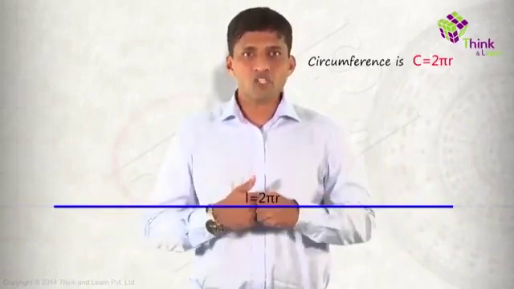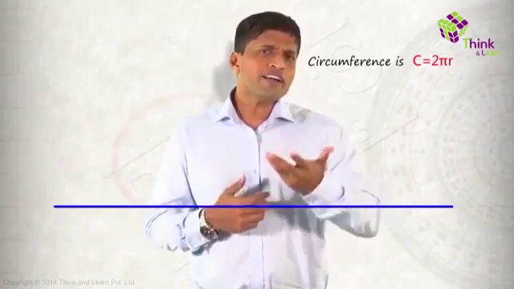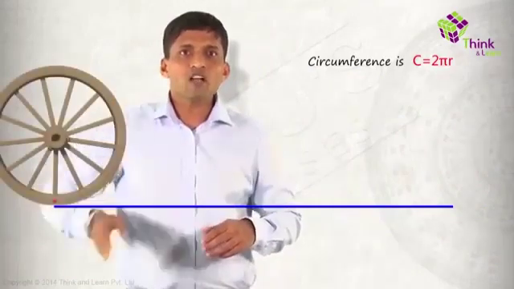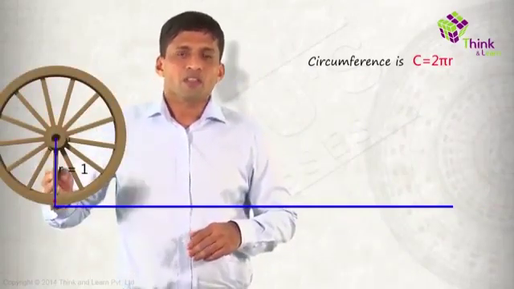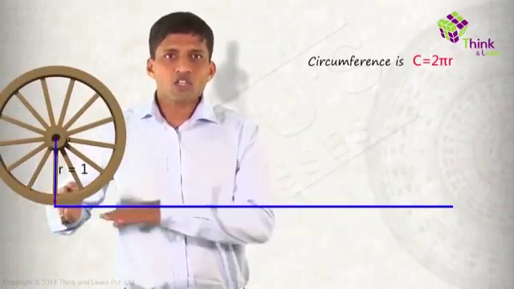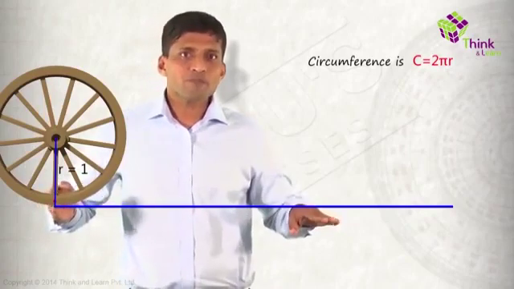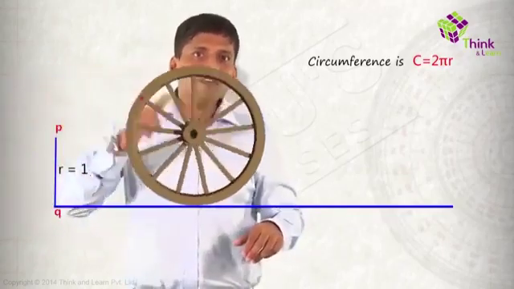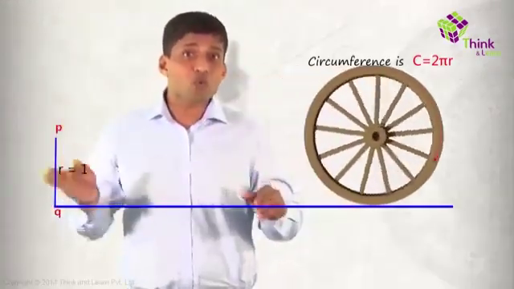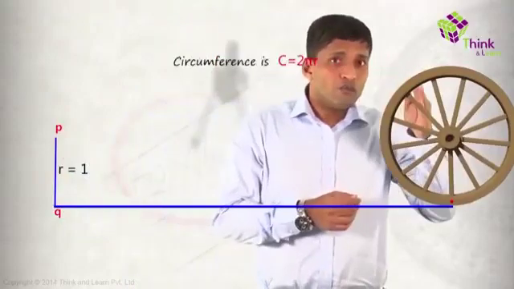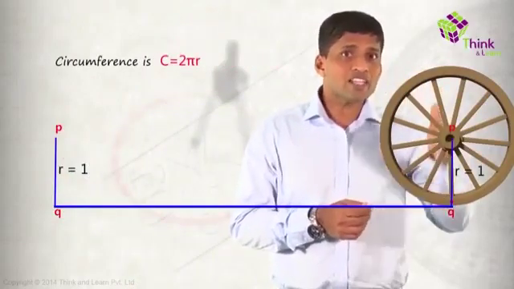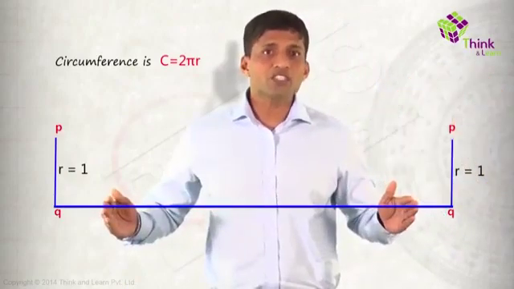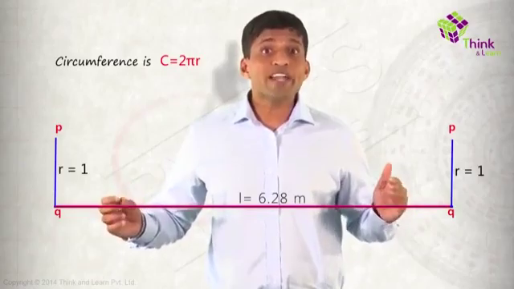This is the circumference. One more interesting way of looking at this is, you can take a circular wheel with radius 1. Now this radius, if it's perpendicular with the ground, let me name this as PQ. Just push the wheel, so the wheel will rotate. By the time it completes one rotation, where PQ is at the same position again, that is at 90 degrees with the ground, and if you measure this particular distance, it will be 6.28.